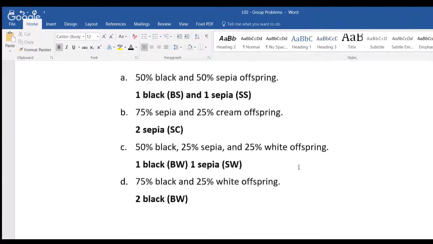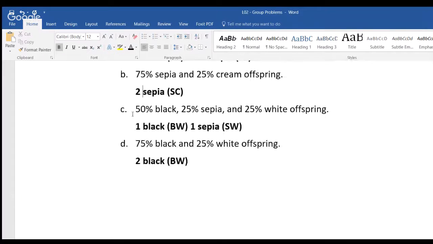For part D, we want 75% black and 25% white. If we have 2 black parents, the offspring are going to be homozygous for the W trait. So we know that only 25% will be white and the rest should be black since there's no other